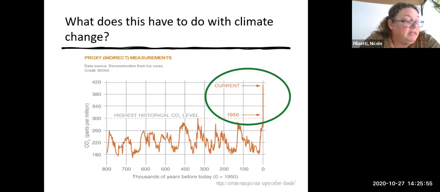Some issues that are thought to be linked to a rise in greenhouse gases are coastal flooding, alteration of natural habitats, unstable weather patterns and increased severe weather, and an increased range of disease-causing organisms. So what do trees have to do with this? One way to combat the potential effects of climate change is to sequester more carbon from the atmosphere. As we saw from our previous slide, trees are really good at doing this.